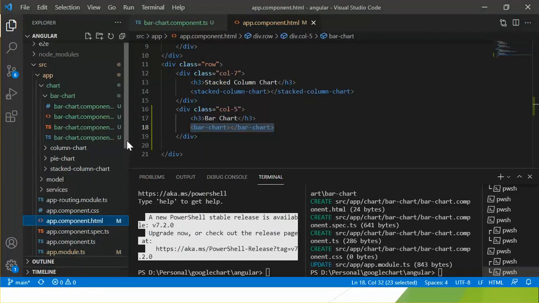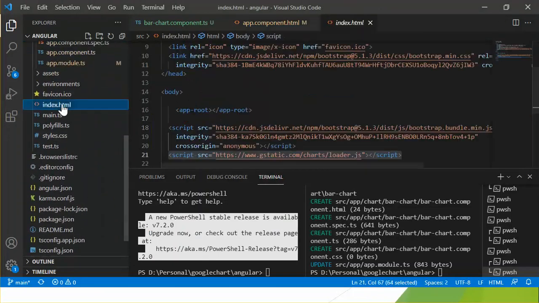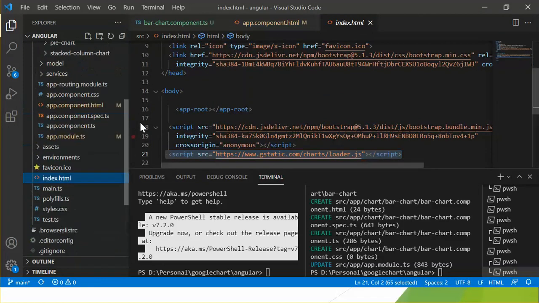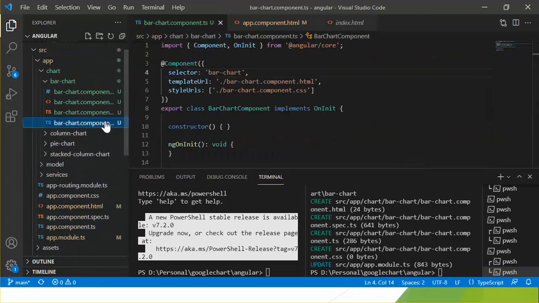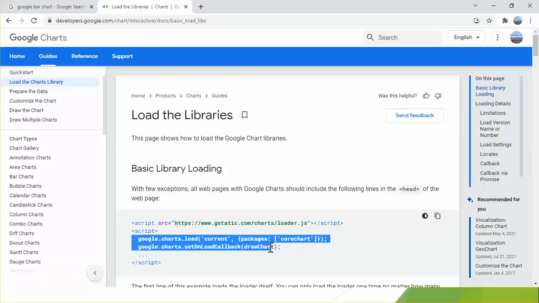Basically I added it in the index.html file here, and then I need to go back to the bar chart component and the loader functionality. Here it is, the loader functionality.